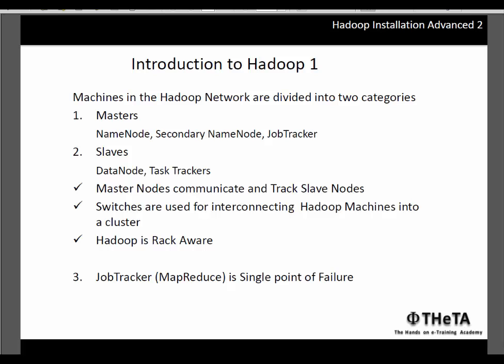We have seen that already, and switches are used for connecting Hadoop machines into a cluster, and Hadoop is rack aware. So if you take a tower, which is basically a rack server, you can install different machines into it. The server grade hardware, not the blade hardware. So if you install server grade hardware, Hadoop can identify that and provide failovers and switchovers and easily hot